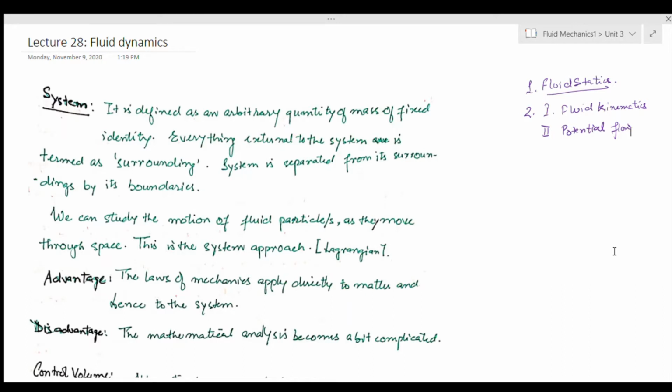There is no fluid rotation, and fluid rotation happens due to viscous effects. So once you are saying that del cross V is 0, you are saying that there are no viscous effects present. The kinematic aspect is del cross V, and the physical aspect of it, the force aspect of it, would be that the viscous shear is negligible.